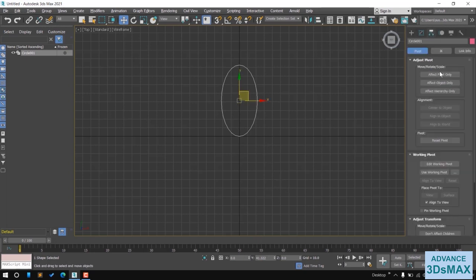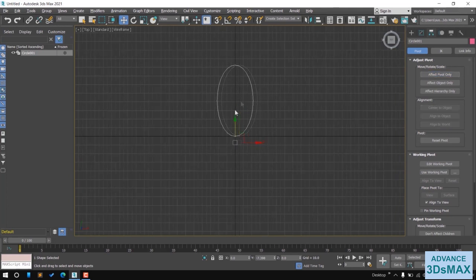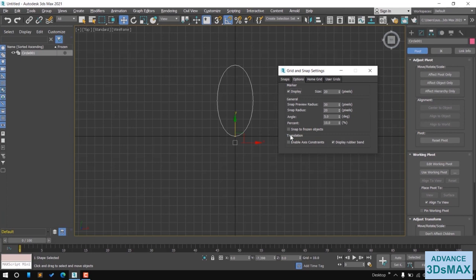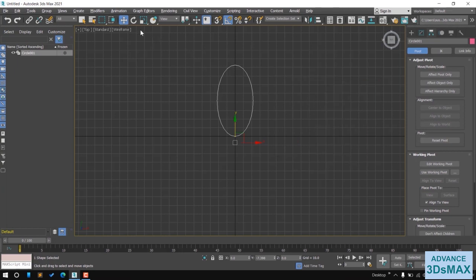So I go to hierarchy, affect pivot only, and change the pivot position a little bit outside from the oval shape. I create a flower shape by using this oval. Turn on the angle snap button and then right click and fill the angle value around 60 and choose rotation tool. By pressing the shift key, we create a duplicate copy at the 60-degree angle